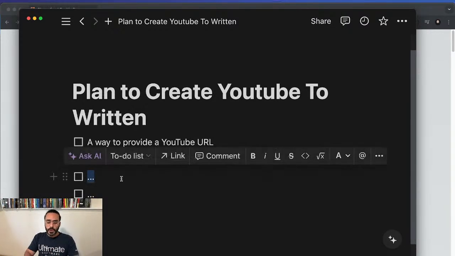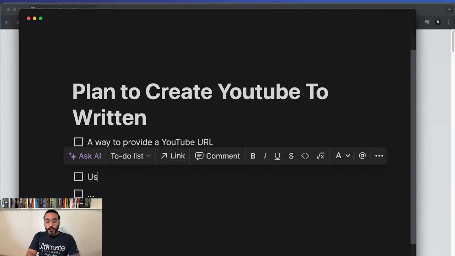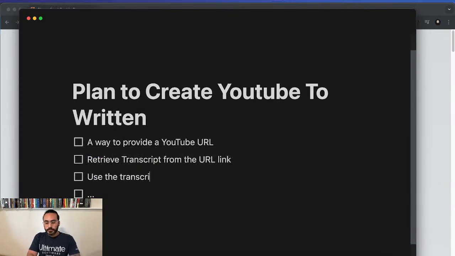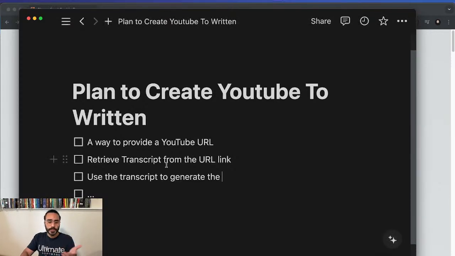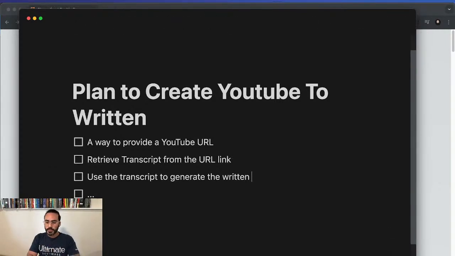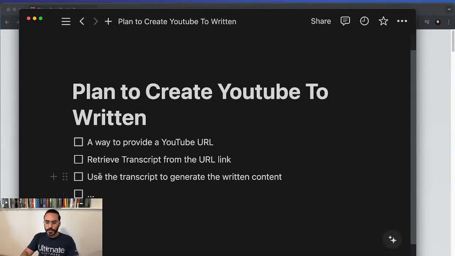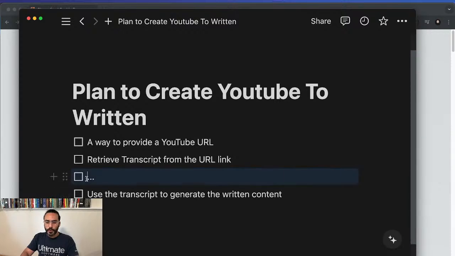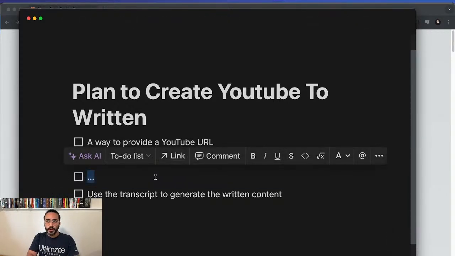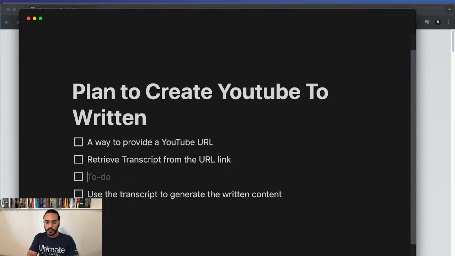Then we need to use the transcript to generate the actual written content. So in here we're going to use the transcript to create all of the different types of written content that we want. To create the written content, so use transcript to create the written content. And then I guess before that, we're going to create the prompt that will allow us